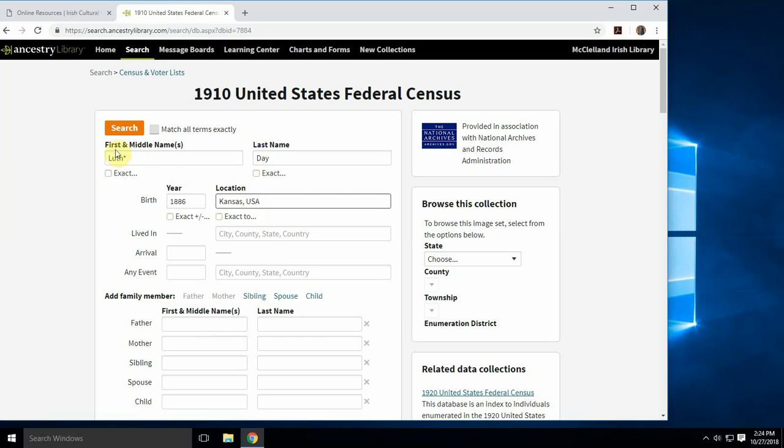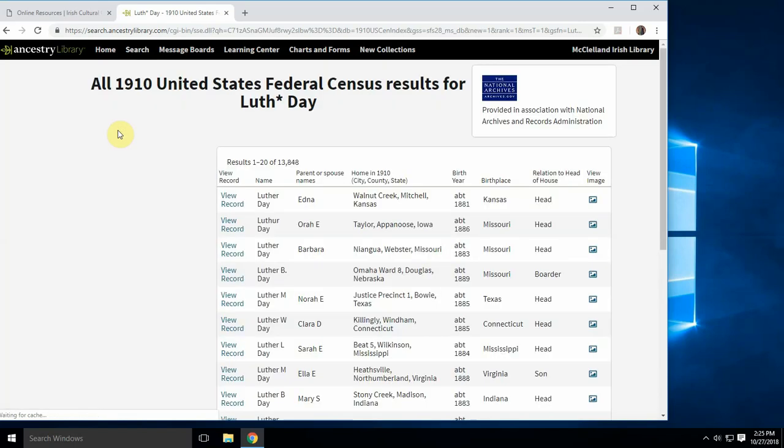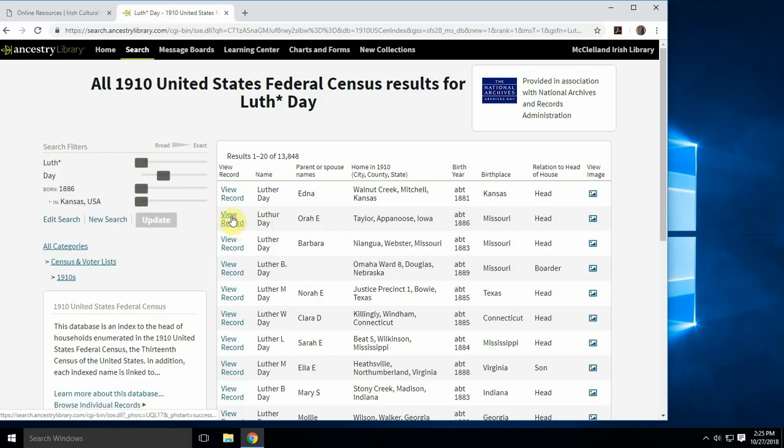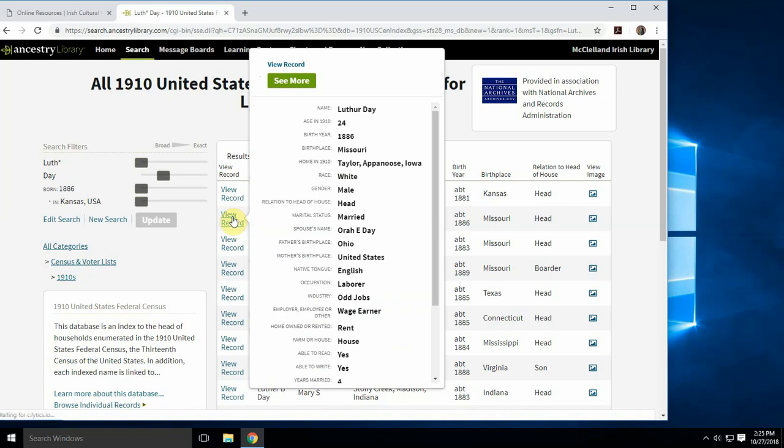And now we are going to press search. And here we are. The second record that pops up is that exact same 1910 census we were just looking at. So we're going to go ahead and view the record,